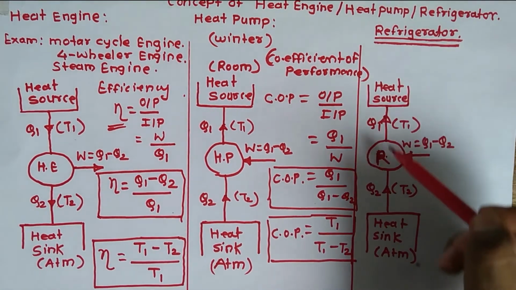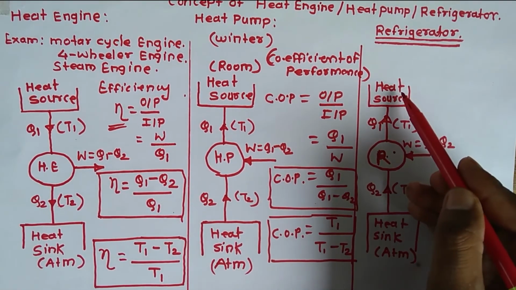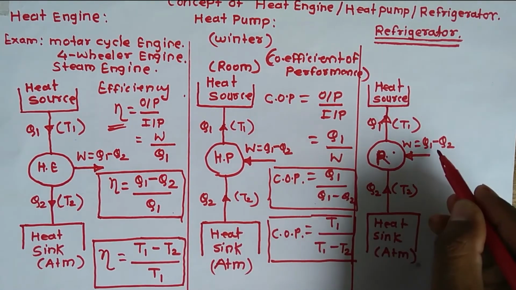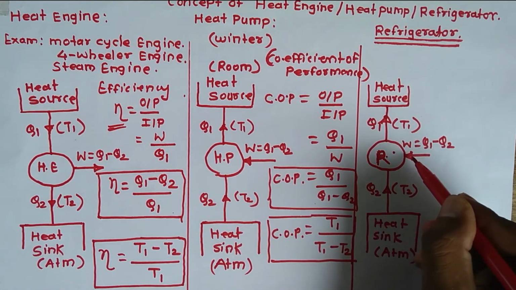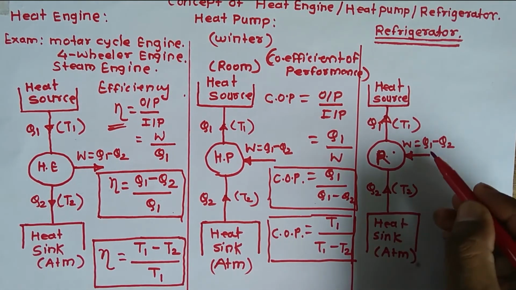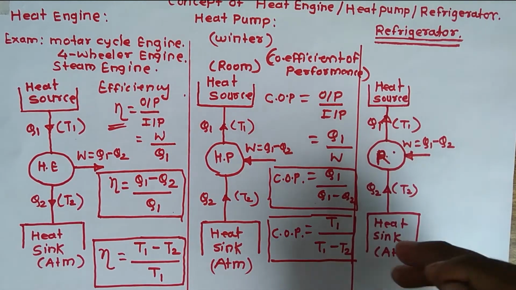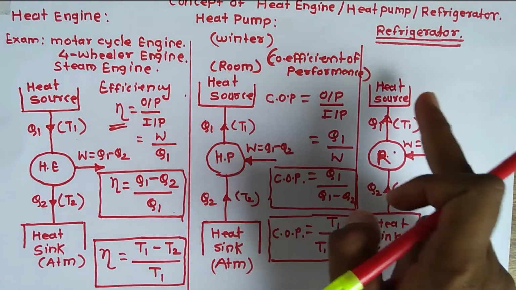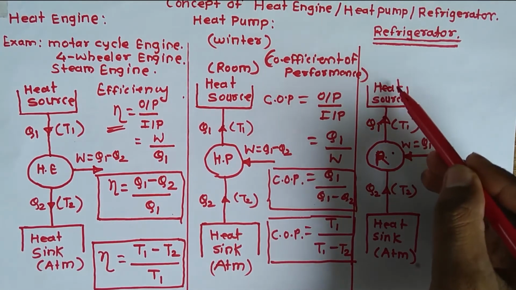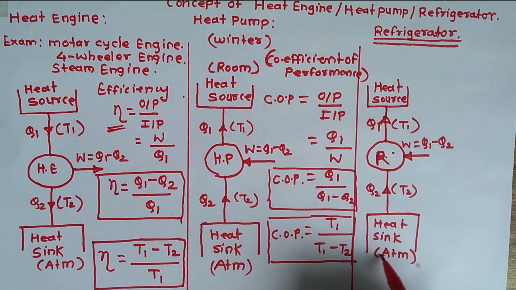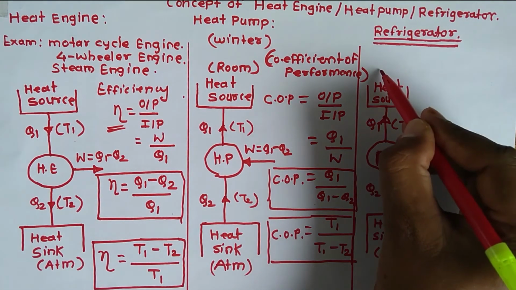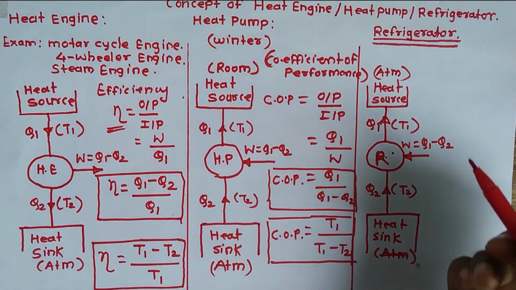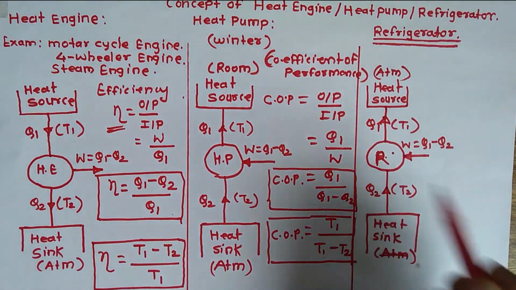So here in case of refrigerator, this will be the heat source, this will be the heat sink, similar to this, and this is the refrigerator. So we have to attach the electrical energy to that refrigerator. Then what will happen, that refrigerator will remove the heat from cold storage and it will supply it to the hot source. Now here in case of that heat source, this atmosphere will be replaced here. So this will be the atmosphere. Now the atmosphere will be what? Hot source here in that refrigerator case.